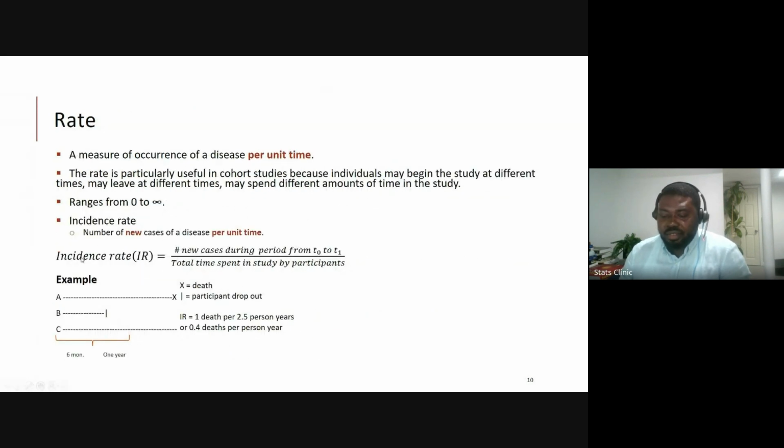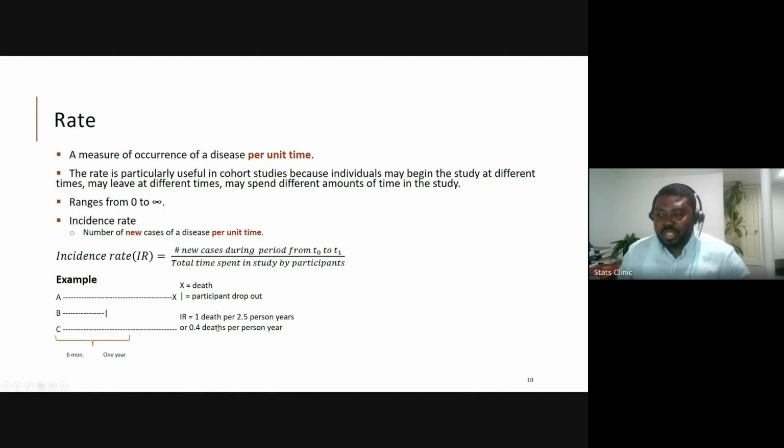But for the incidence rate, new cases are on the top, the total time spent in the study on the bottom. So that's a weird ratio. It's not like a typical kind of ratio that we're thinking about. It's not the same unit. The numerator is cases, the denominator is time. And so you will then have something that is basically one death per year, or 500 deaths per year. And if it's maternal mortality, for instance, you might say 29 women die every year, because the bottom is the time.